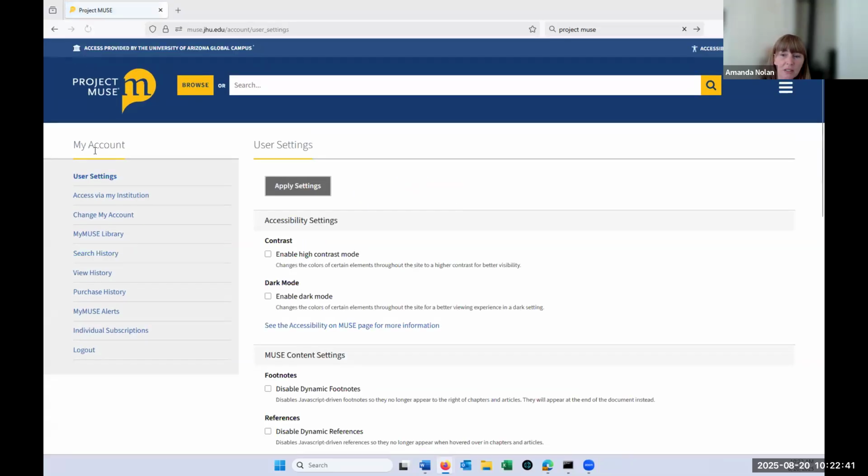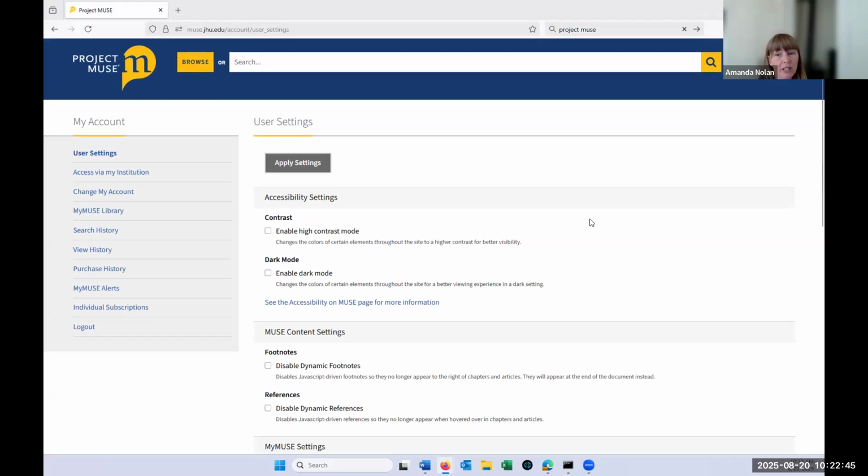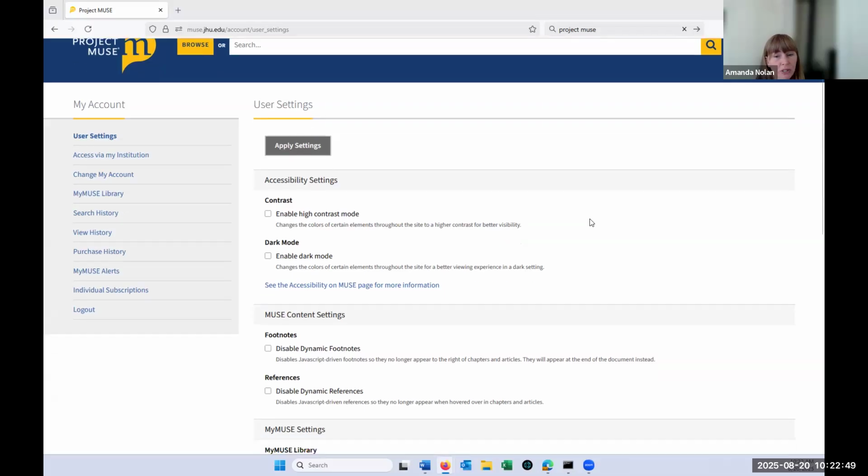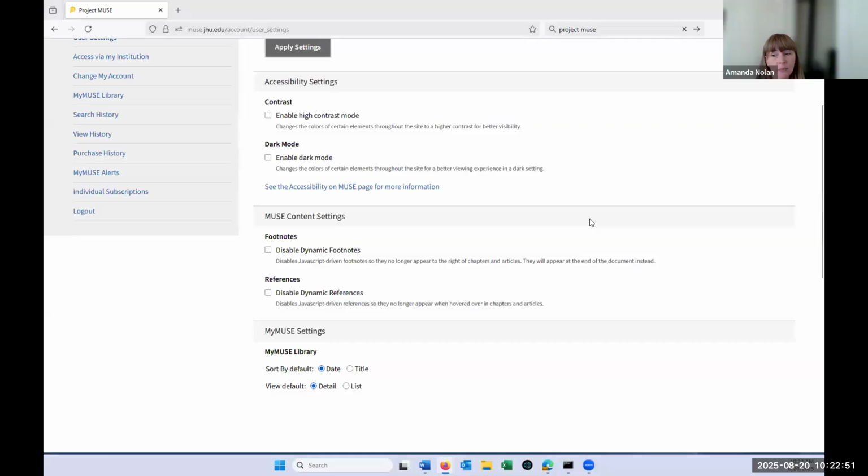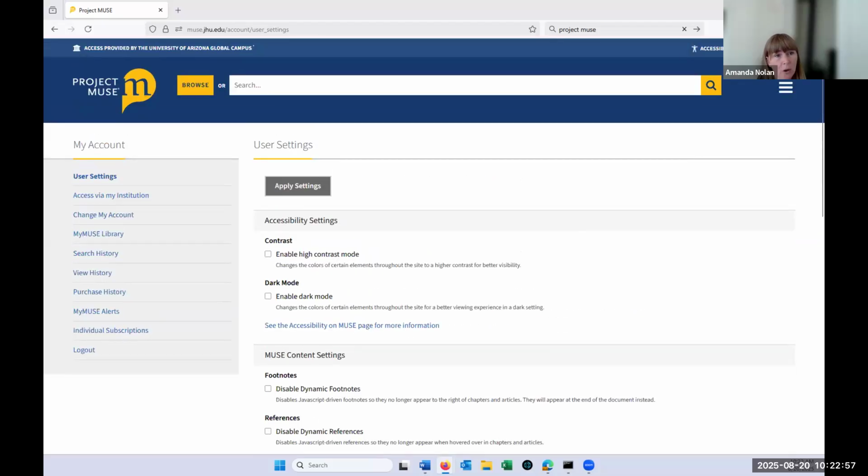Under user settings, you're able to change your user experience by changing your accessibility settings, including contrast and dark mode, and settings for Muse content and MyMuse accounts. Accessibility settings can also be edited without signing into your MyMuse account. You would simply go up to the top here and click on accessibility, and it would take you to